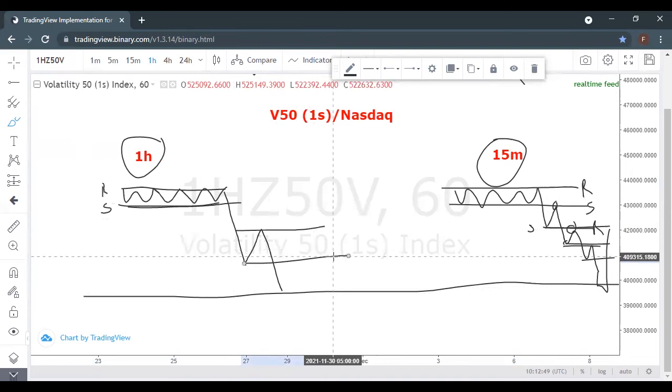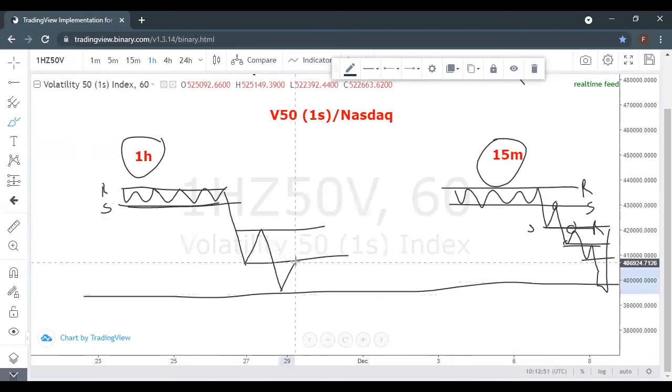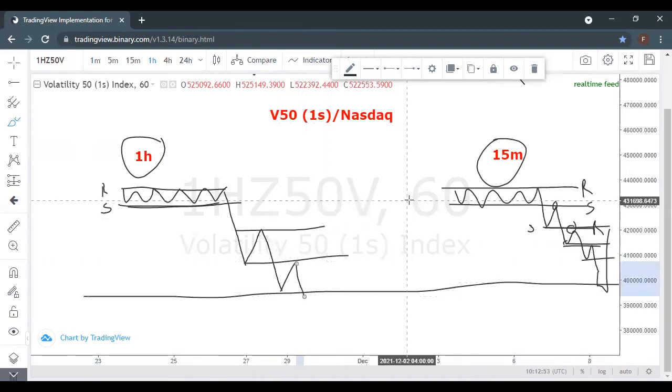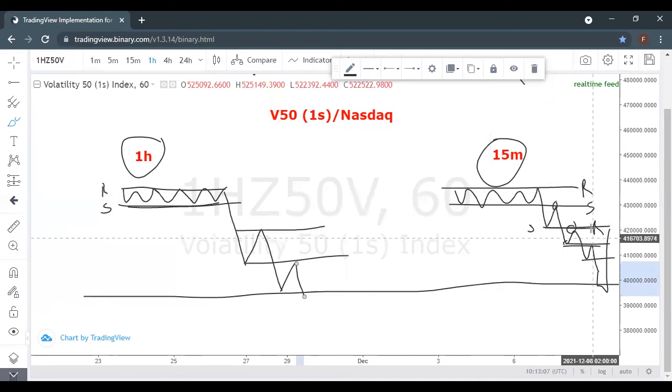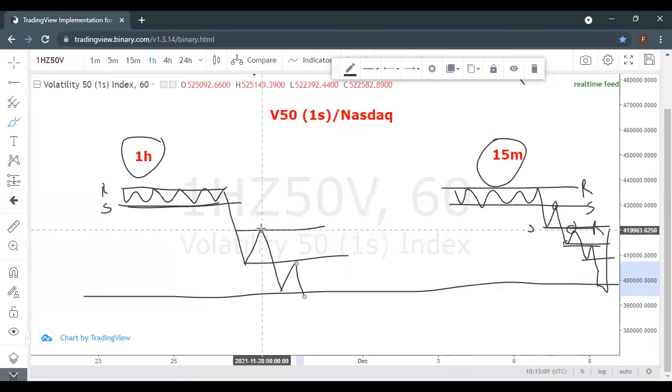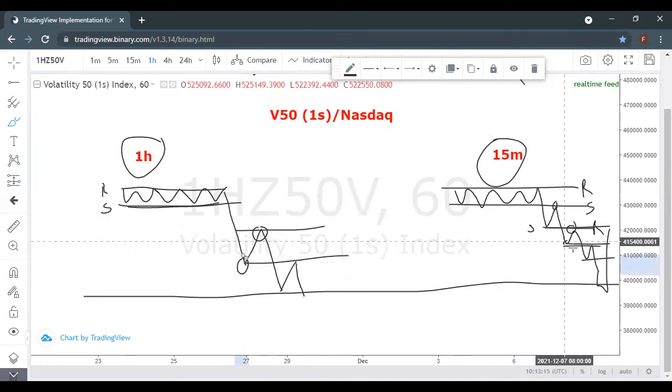So where do we trade? It depends now. If you are a swing trader, or if you are a scalper or intraday trader, right? If you're an intraday trader, we want to trade where there's a pullback. But if you try to see this pullback right here on a bigger time frame, or a retest of this bigger time frame,